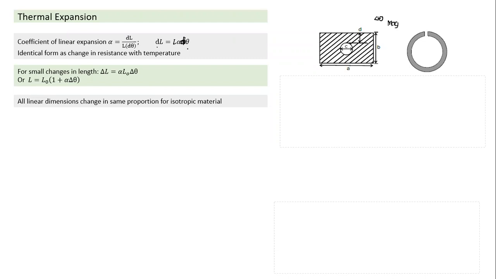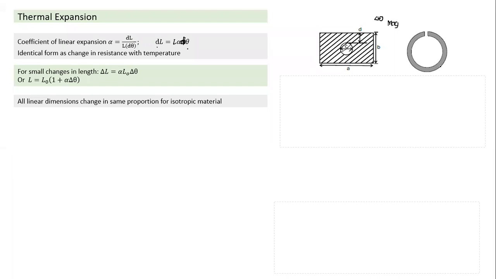Suppose the hole was not there. If I had just drawn a circle on the plate, when I heat the plate, the size of the circle would have increased. So whether this circular piece is there in the plate or not, the size of the hole also will change in a similar proportion.